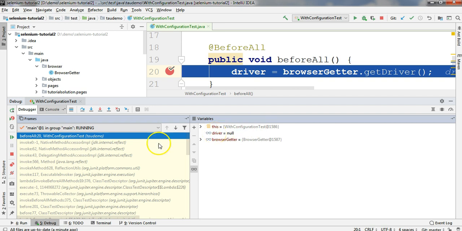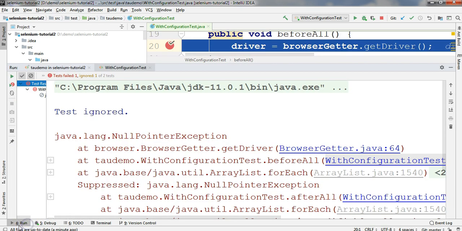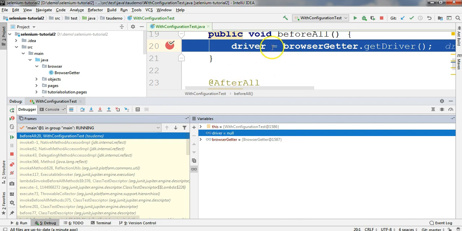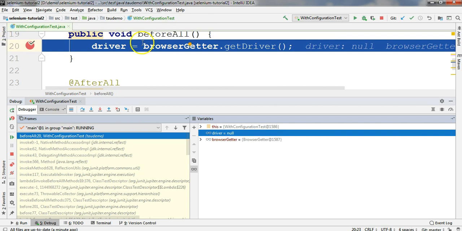have a null. So the test run, if I click on the test run, showed that there is a null pointer exception somewhere in the code that was executed. In the debug, we can see that the driver at this line where we put the breakpoint is currently null. Why is it null? Well, we could try to evaluate what is the result of the browser getter.getDriver method, or